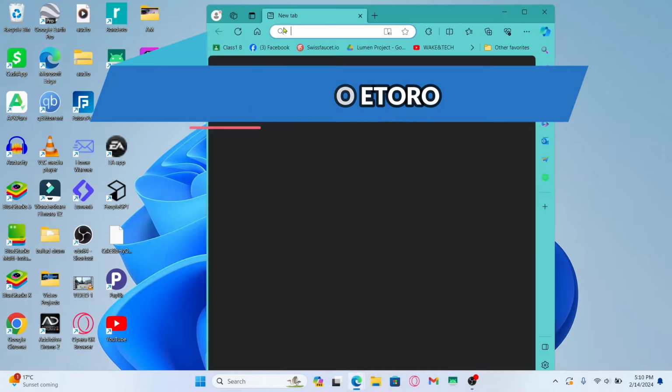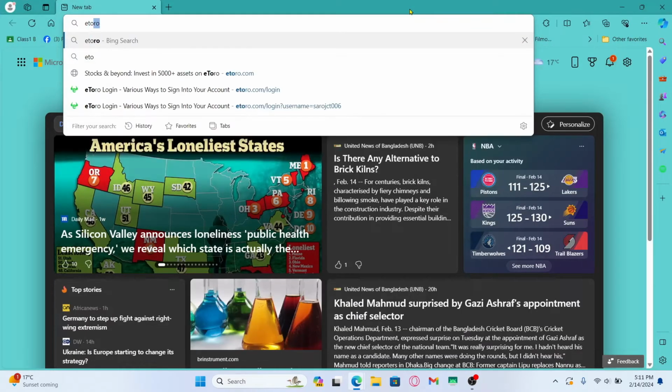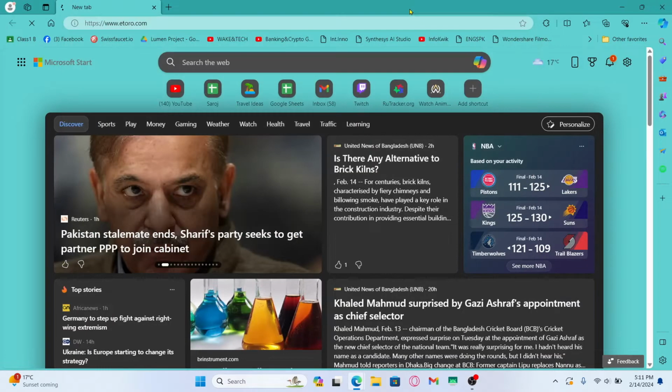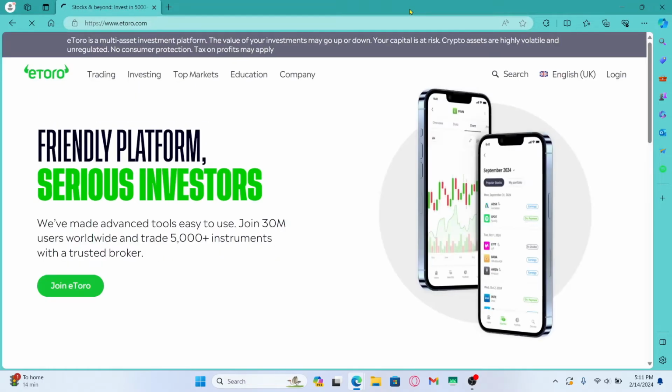First of all, open up your web browser and then in the address bar type in etoro.com and press enter. You will then be taken into the official eToro website. Now from the home page, click on the login button at the top right corner and you will be taken